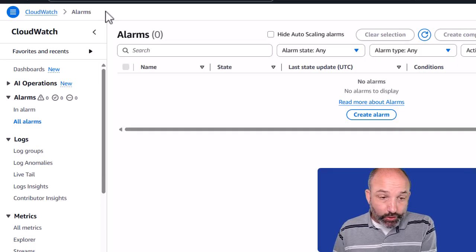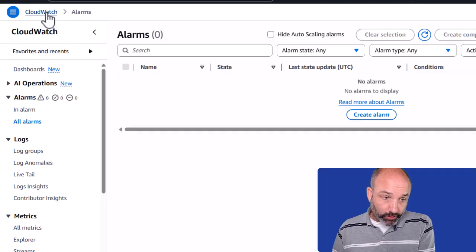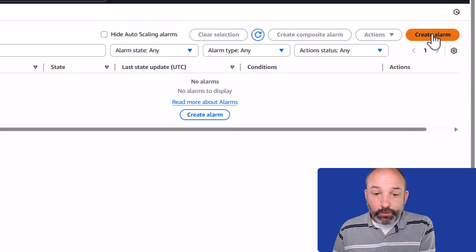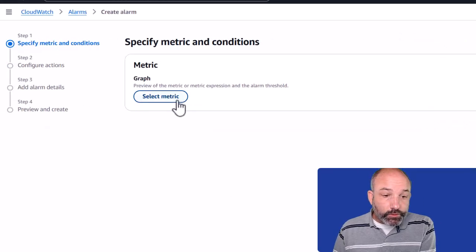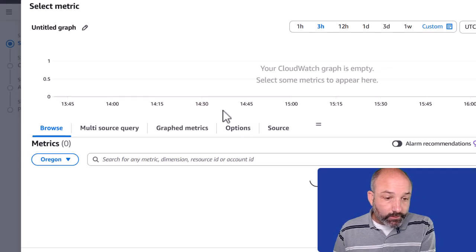Now that our automation scripts are configured and scheduled, the last step is to generate email notifications when any of those scripts encounter an error. And to do this in AWS, we're going to go to CloudWatch Alarms, and we'll create an alarm. Select the metric, and we're going to go to Lambda,